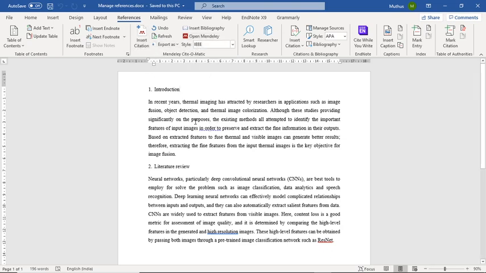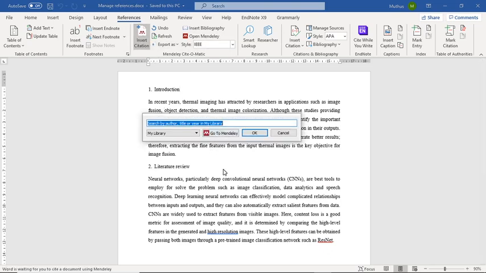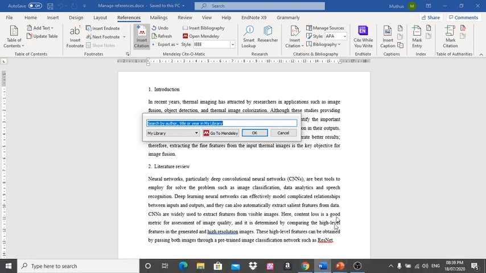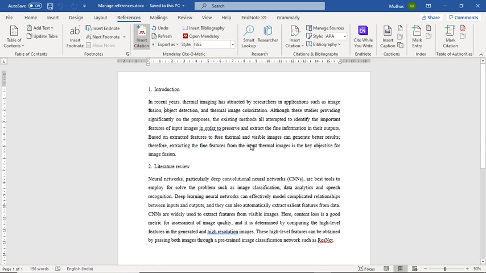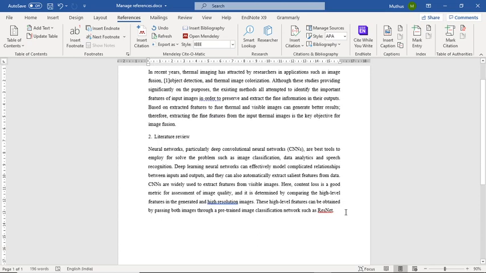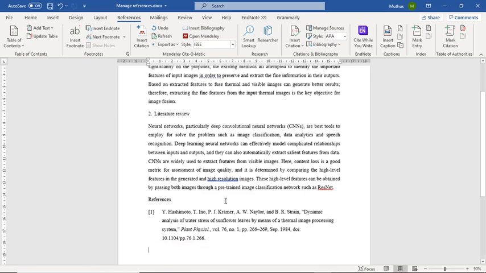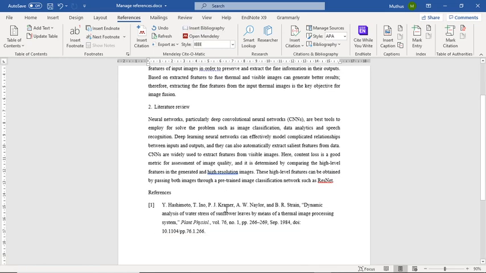Here I am going to include some citations, using insert citation. Using that, I am going to use some papers. For example, recently I extracted this paper. Here I am giving insert. Now the reference is inserted. At the bottom of the paper, I am going to insert a new section, the reference section. Here you can insert the bibliography of the paper. Here you can see all the information is included in the references section.